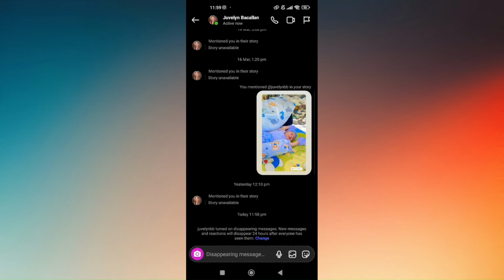It is usually shown as an arrow pointing up. Now if you press on that, it will automatically go to the top, or to the very first message of this conversation. But if you have maybe a long